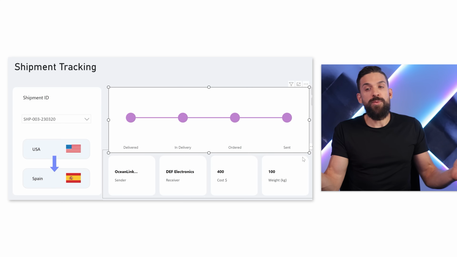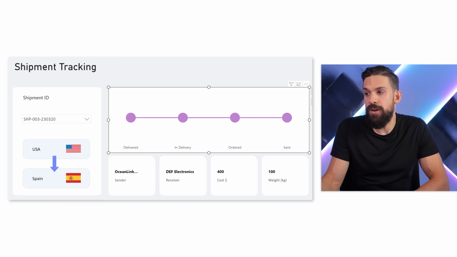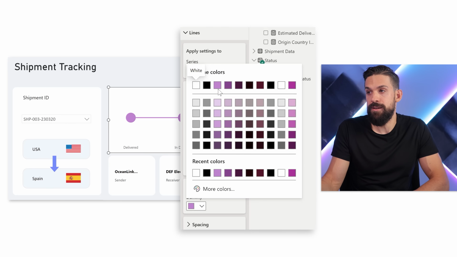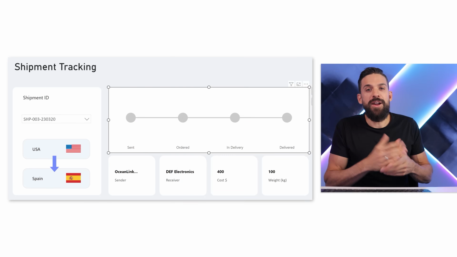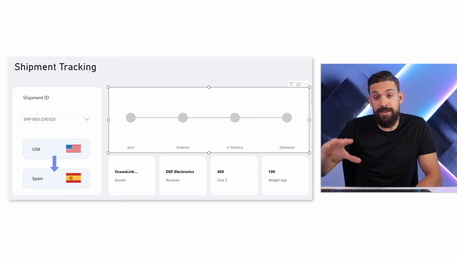So now, well, actually, we are already getting close. Now let's just update the color. All right, so I'm going to go here to lines, colors, and then instead of having here pink or purple, I'm going to go here for light gray. All right, so now that we adjusted the formatting, let's also make sure that our stages or statuses show in